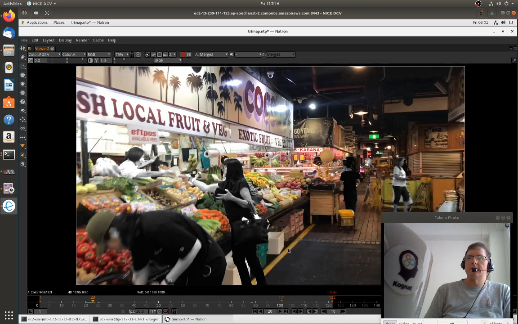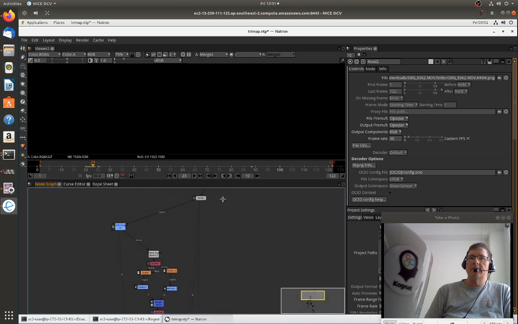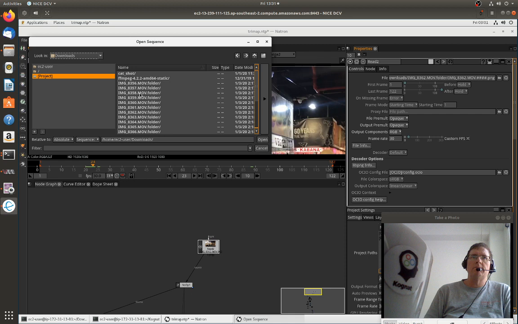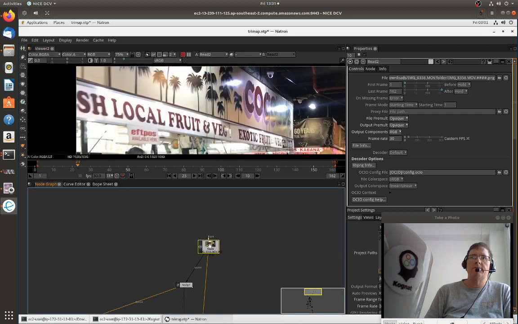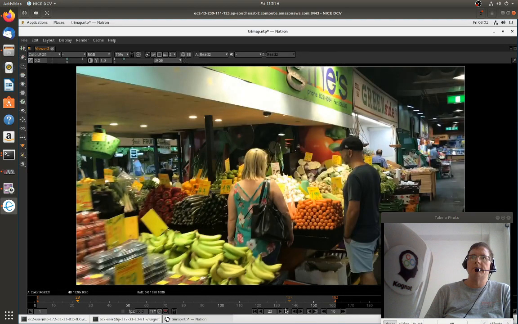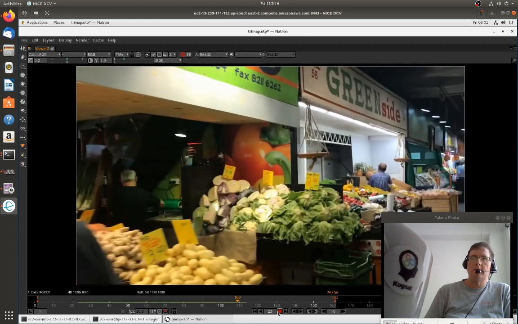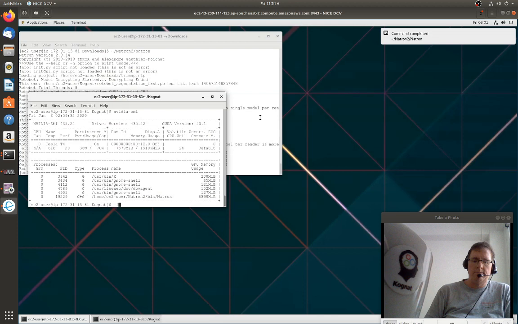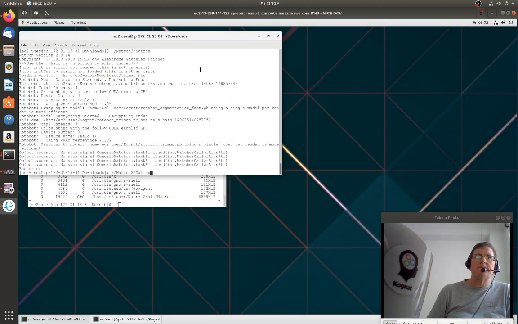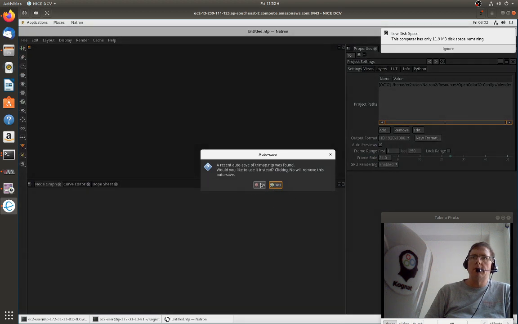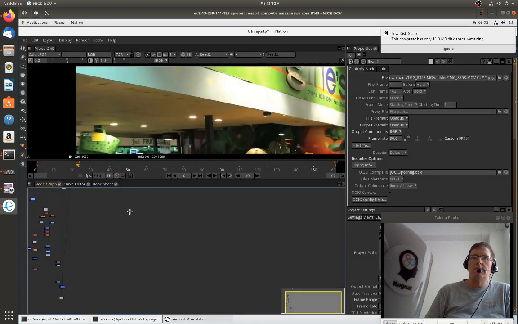And similarly, if I hit stop on that, come back, and with the same composite, just chose another clip. What have we got? I don't know. Have I done this one before? Let's have a look. Have I just gone back to the exact same clip? No, I haven't. So let's see what's in here. Some people. And it did go and crash. Anyway, so anyway,